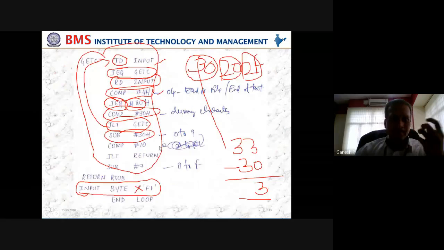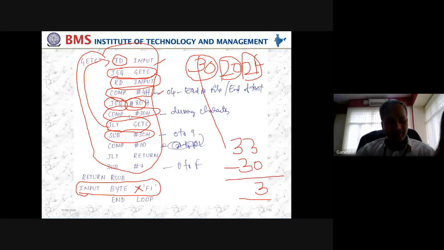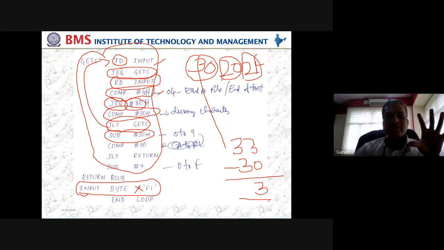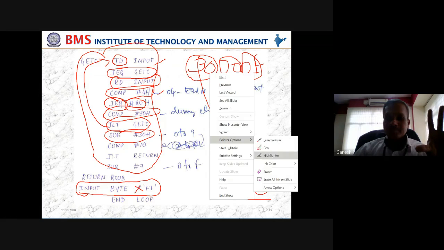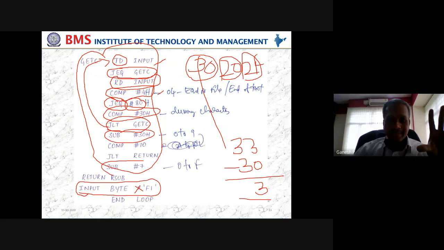So first what we have done is take the character. We are checking whether we have reached the end of the program. Next, if not, we check whether the first 30 dummy characters are there in the program. Normally it will not be there, but anyhow, your program should be capable enough to handle all this. Assume if it is not there, then we say it is 0 to 9. Fine. Then we have to check whether it is 0 to F or not. How to do 0 to F? Because in between there are 7 extra characters, and those extra characters also we need to handle. So this is why it is 7. So we subtract 7. So once everything is over, we have got our program, then we will have the copy